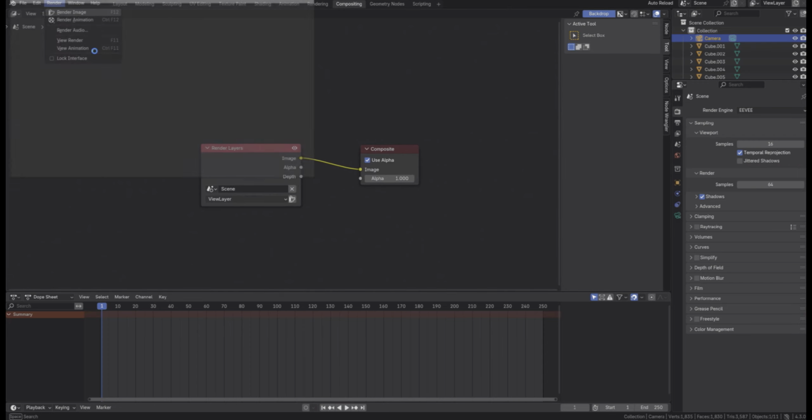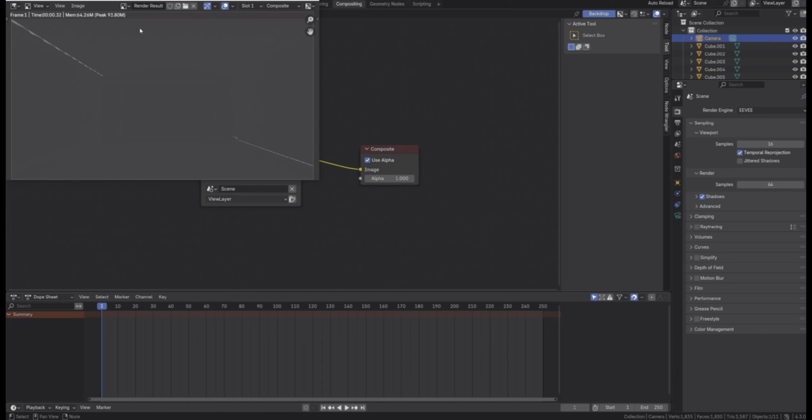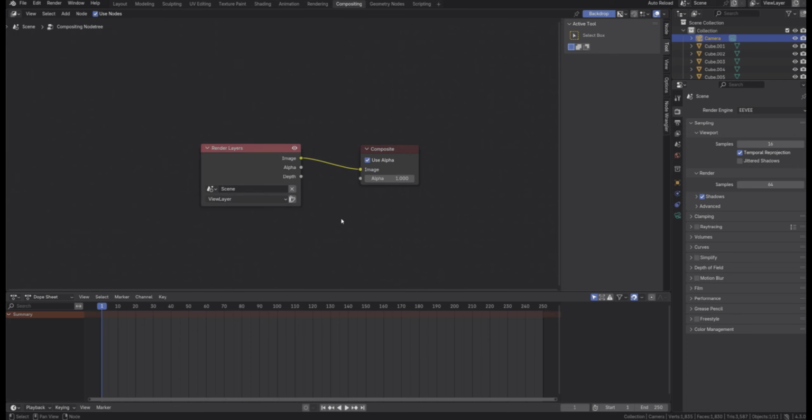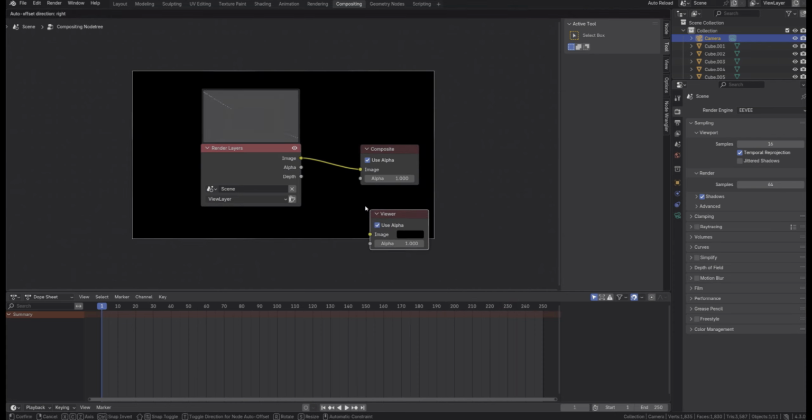Let's click render image. And right now we can't really see anything. We don't actually have the lights on there, and it really doesn't matter. So I press spacebar, look for viewer. Viewer node. That will show our render from before. And we have our depth pass. If I go back to